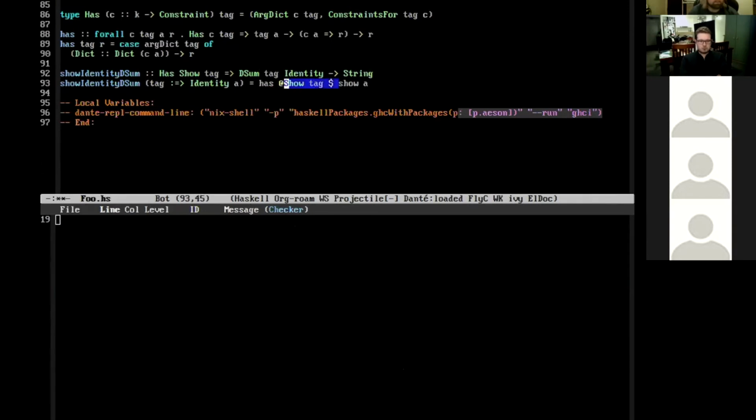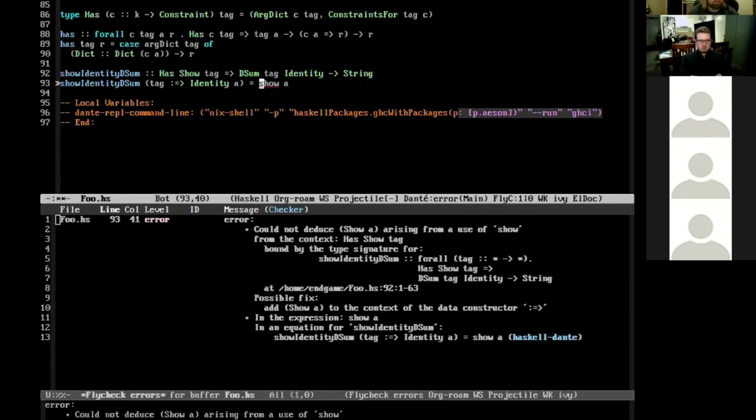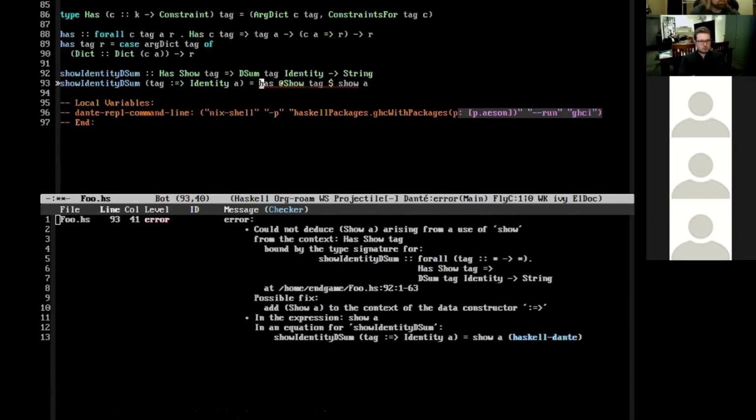If I don't have this has show here, then it complains. It just needs to be led by the hand to know that we can actually find this show dictionary. So we have to put that in.